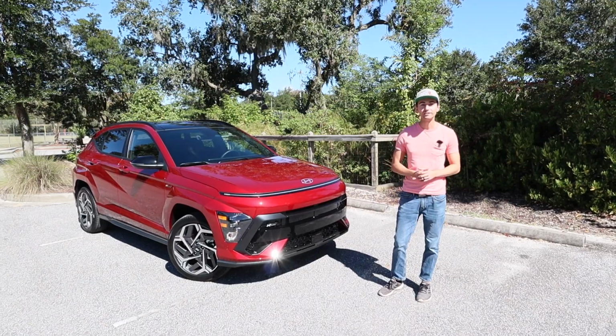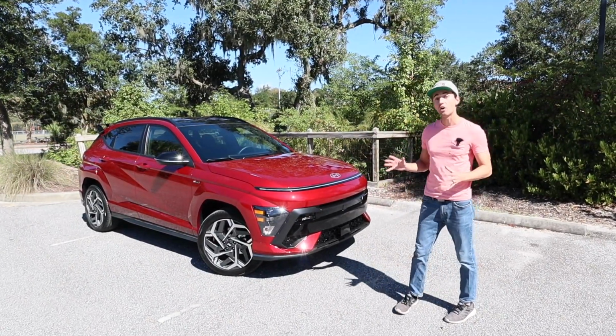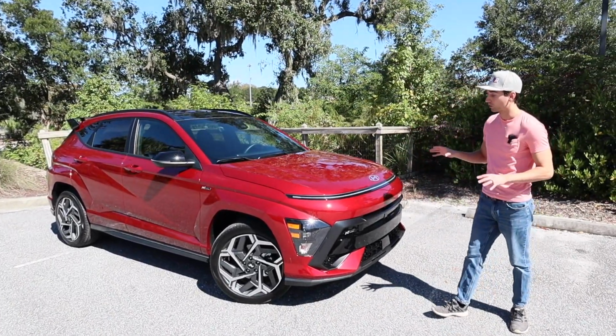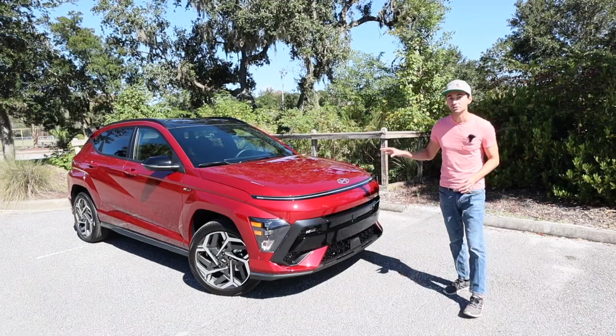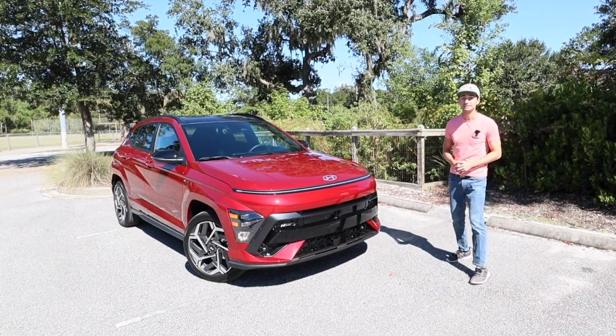In today's video, we are here in Charleston, South Carolina with Hyundai taking a drive in the all-new 2024 Hyundai Kona. This particular one, really nice spec, finished in the ultimate red. This one is the N-Line, so it's the sporty version. It's got the H-Track all-wheel drive system. So let's go ahead and take a full look and then take it for a spin, see what the new